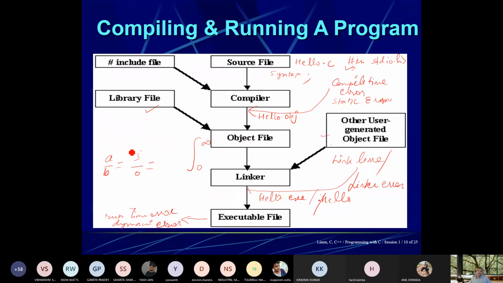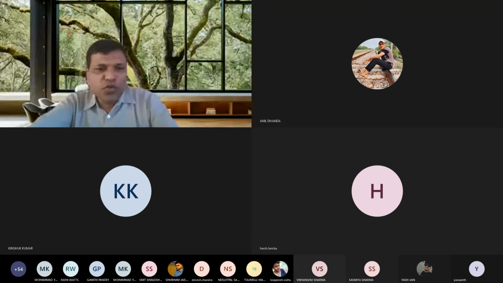So how many types of errors are there? There are 3 types of errors. First is the compile time error, or static error. This compile time and static error comes due to semantic and syntactic problems. It is also known as a syntax error. If we make a mistake in writing the syntax, then it will come after compilation. But after compilation, there may be an error where it is unable to link the libraries. Let me show you one error.